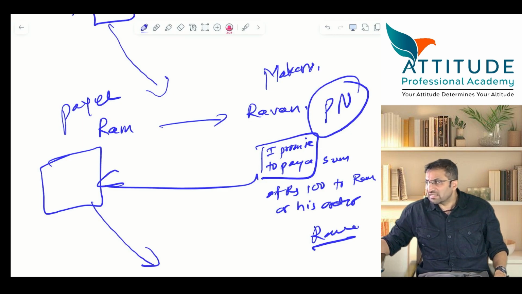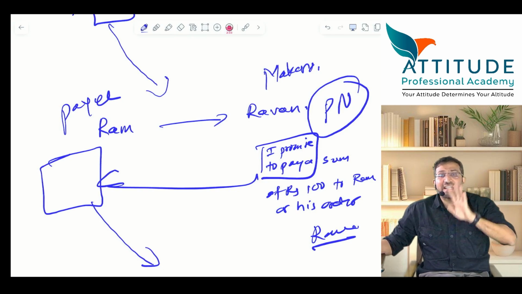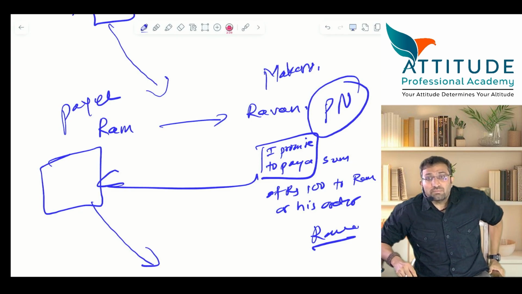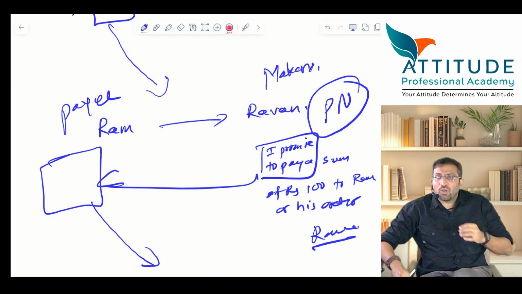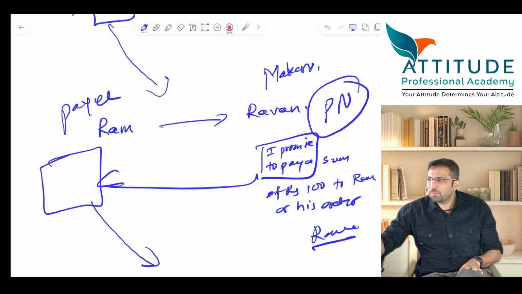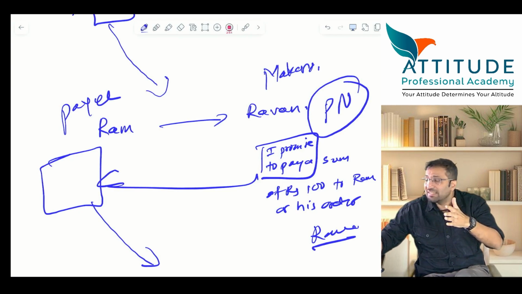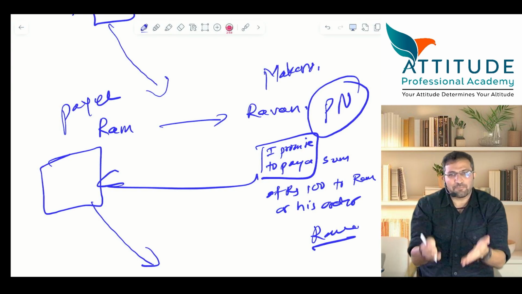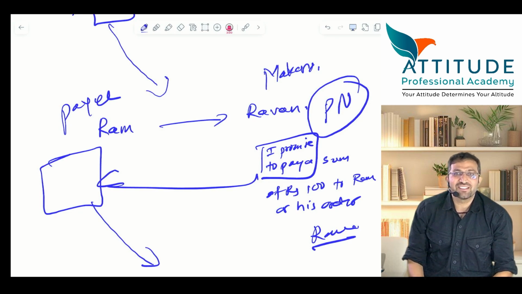Sir, can Ram endorse it to bank? Endorse it to Sita? Yes. Discount to the bank? Yes. Then bank or Sita will be the payee. So at any given point of time, there are only 2 parties in case of promissory note: maker of the promissory note or drawer of the promissory note, and the payee. That's it. This is promissory note. And promissory note के लिए acceptance का जरूरत नहीं है. Reason is, who has to pay the money? Ravan, debtor. He himself is promising. When he himself promises, there is no question of acceptance.